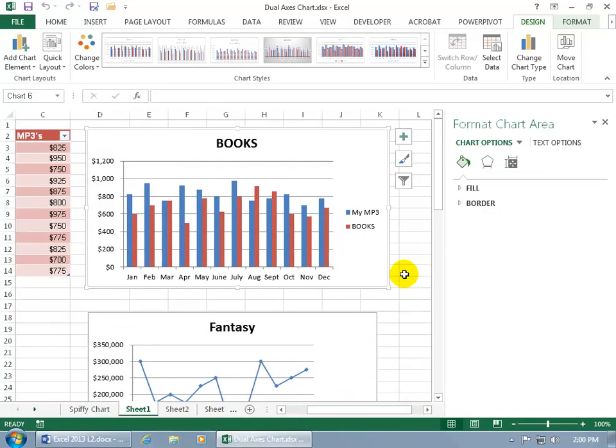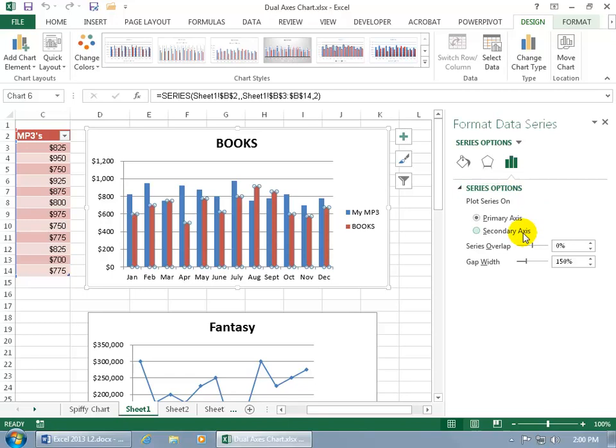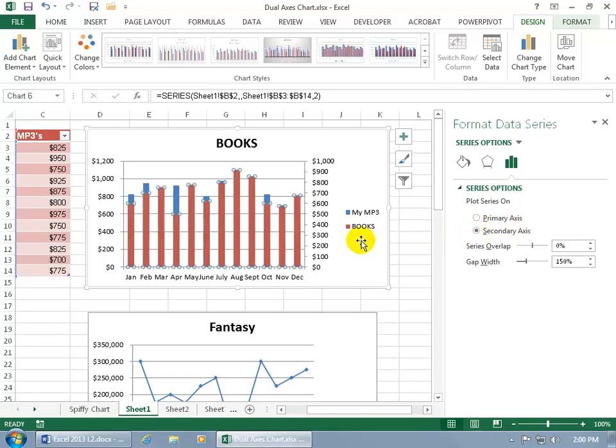Once the task pane is brought up, go ahead and select the data series, and that's for the books here, by clicking on any one of these red column bars. Select the entire series, then come over here in the task pane and select series options, and there you go. By default, it's tied to the primary. When I go to secondary, notice how it adds a secondary, and look at the measurement, the largest measurement,